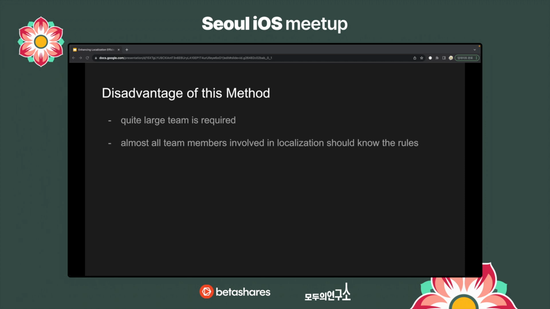At first glance, these two drawbacks might make the method seem complicated and resource intensive to implement in a team, but these two disadvantages can be overcome, and the proposed solution can be implemented in the team. We can create an environment where developers can focus more on development, contributing significantly to an optimized work efficiency that is incomparable to before. This will soon be reflected in our products as improved performance with fewer bugs, and the company will be able to fully convey its value to the users through the products.